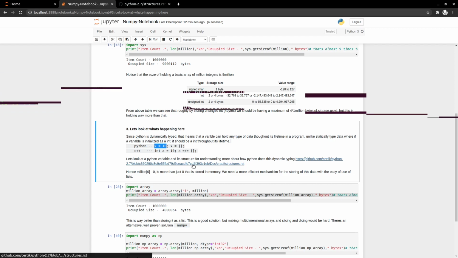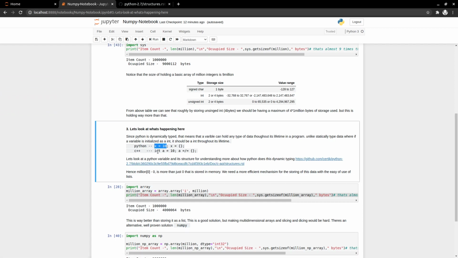That will work. Whereas in C++, which is statically typed, we used to say something like int a equal to 10, and if we then assign a some other string, or a template, or a dictionary or map, it will not work, because it will say that you already declared this a as integer type right above.